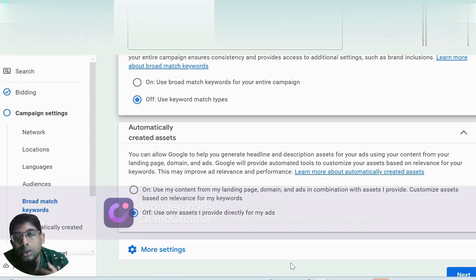Okay, so if you ask this question that, okay, so what about the ad copies that I write, what about the ad copies that I am giving Google? Okay, will Google not be using those? So my answer will be yes, Google will be using those, but if you select these as on,